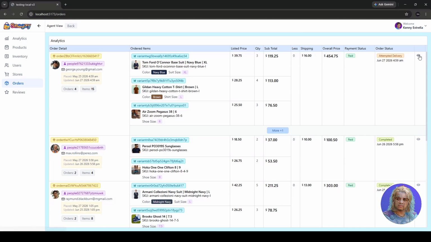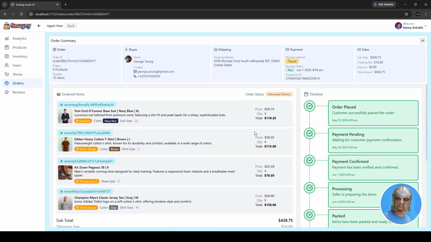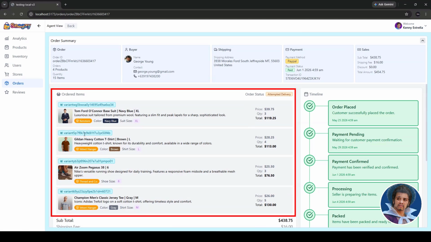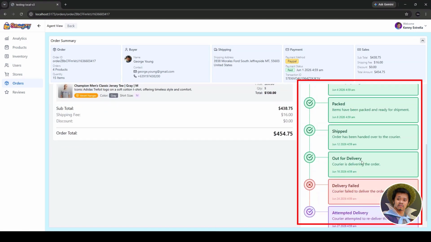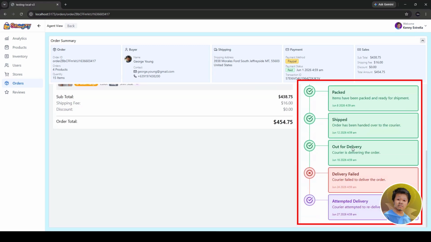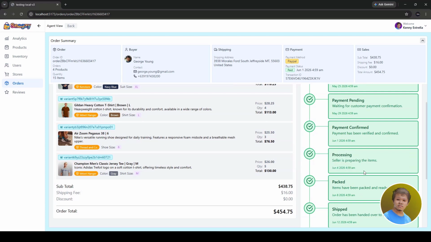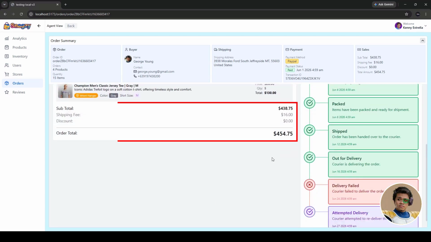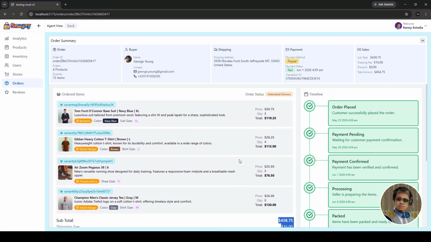When you click an item, you can see a much more detailed view of the order. Ordered items are displayed like rectangle cards. At the left side, there is the order lifecycle. This refers to the state of an order, like in Shopee, where you can track the current progress of your order, although mine is not very structured. Subtotal is much cleaner to look at.